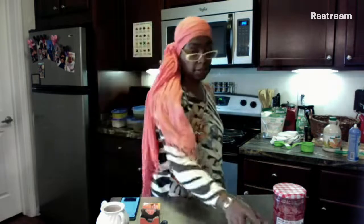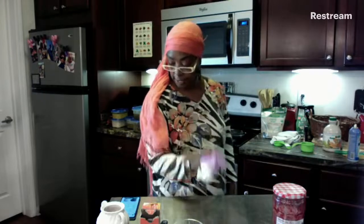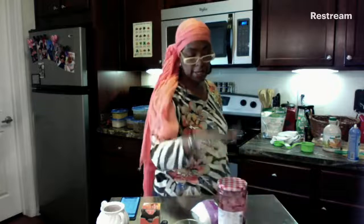Okay, so to make the strawberry glaze, in a small bowl, mix together the powdered sugar, strawberry jam, and lemon juice. Okay, so the ingredients for the strawberry glaze is a 1/3 cup of powdered sugar, a tablespoon of strawberry jam, and 1 to 2 tablespoons of lemon juice. I already have fresh squeezed lemon juice right here. I've got my glaze right here, and I've got my, well, it's not strawberry jam, but it's